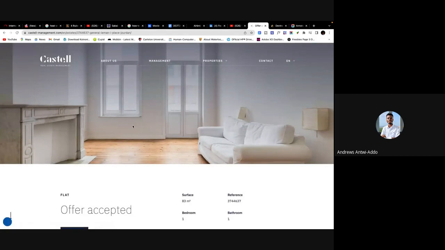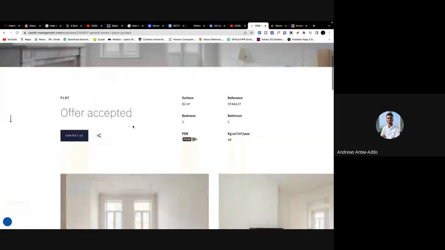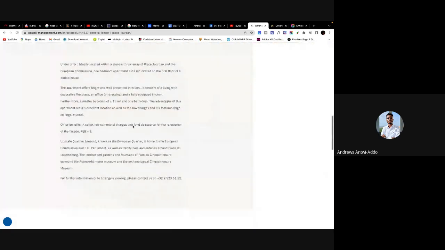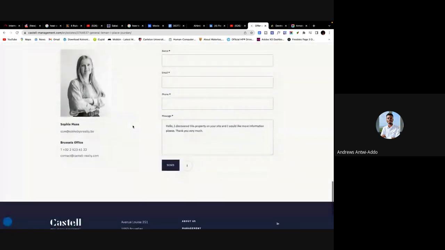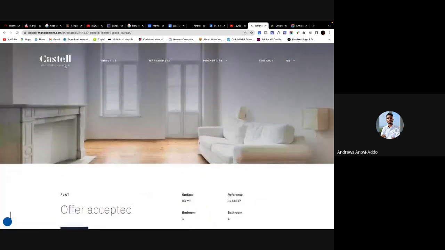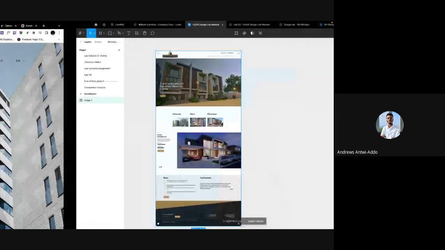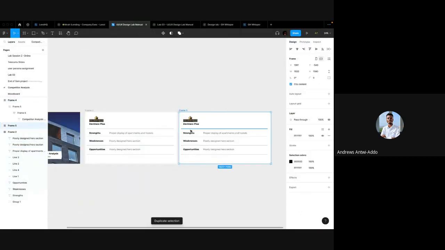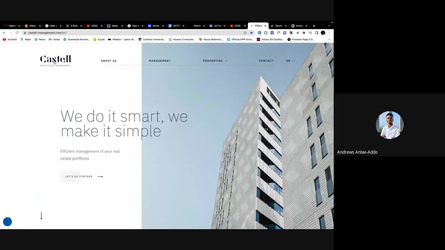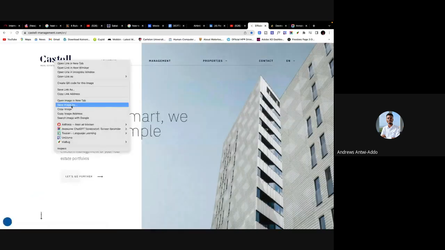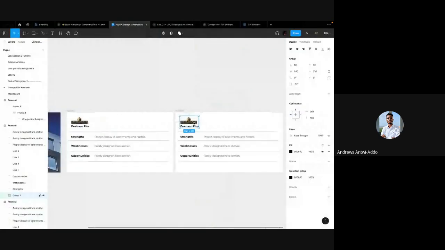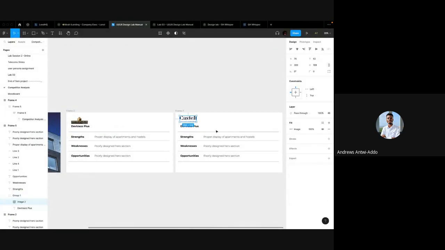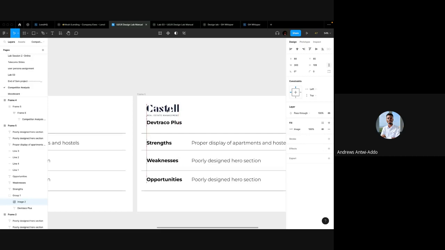So you can click on any website and just try and scrutinize the website and find out if there are any weaknesses or any strengths that the website has posed to you or you've identified. So when you come here to your computer analysis, you create a new frame. I don't know if these guys will allow me to copy their logo, but let me check. Okay. So your second use case is Castel RE